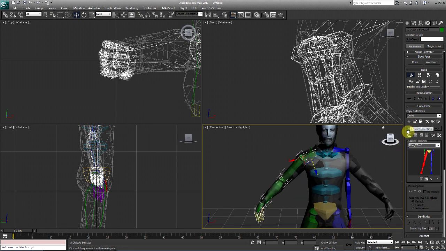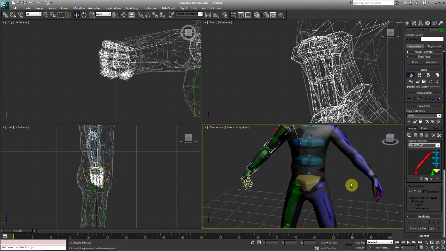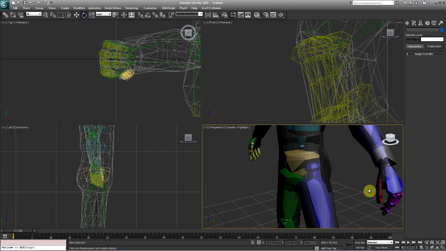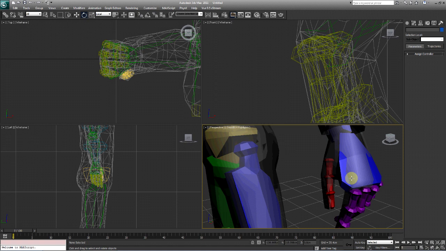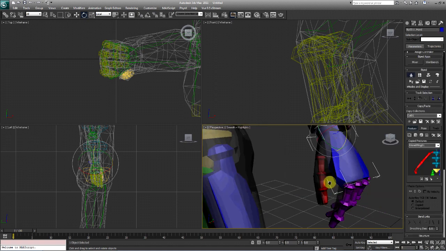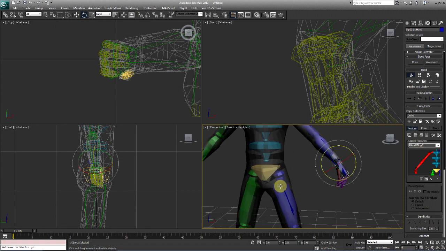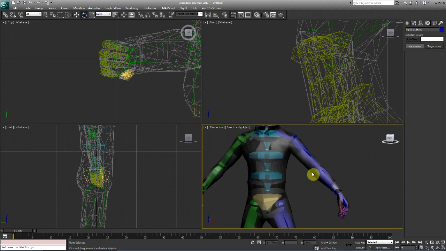So let's go ahead and hit, since we already created a collection, we don't need to do it again. Okay, so we're going to hit copy and make sure paste posture opposite. And wow, we saved ourselves probably a good 15-30 minutes. Now as you can see, you are going to have to adjust a few things. The palm is not completely lined up, so all we have to do is move that down right about there, and wow, we're done. That's all it took. That is pretty much it.